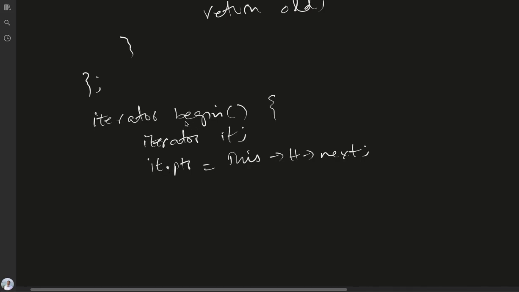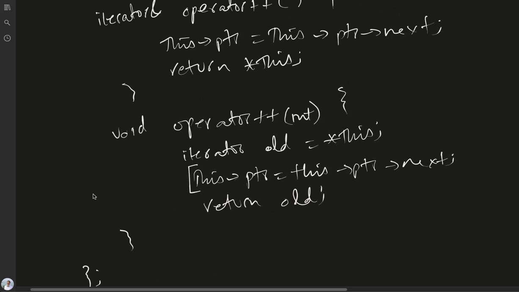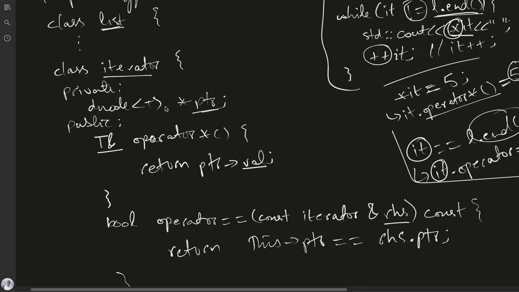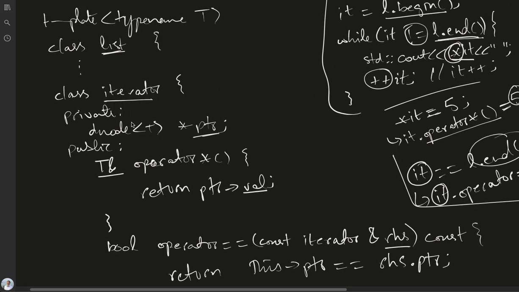Now in this begin function, which is the function of the list, we are creating an object and we are accessing the private member variable of this object. So we are accessing private ptr. It is not possible, so we would get an error. As we are accessing some private part of this iterator class, the iterator class should make list a friend. Sorry if I have said it the other way around earlier, but this is the case. So within the iterator class, we should write